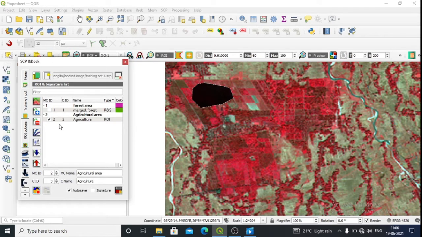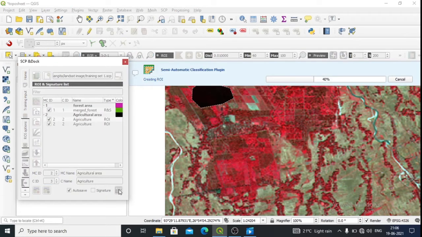Then let us add some more. Should be the same ID. Then agriculture area, click on save.